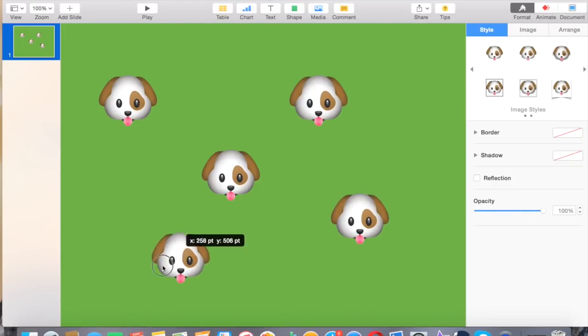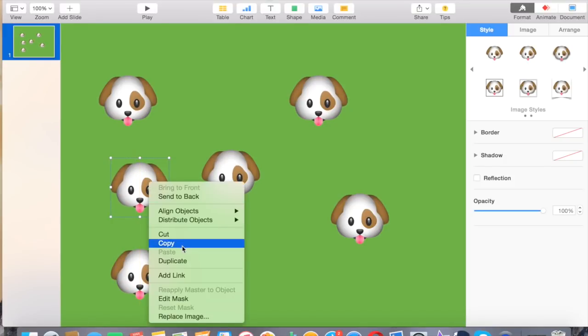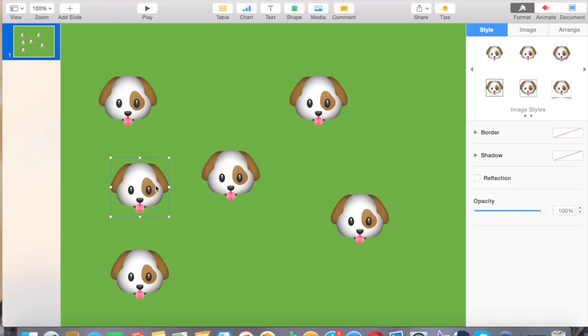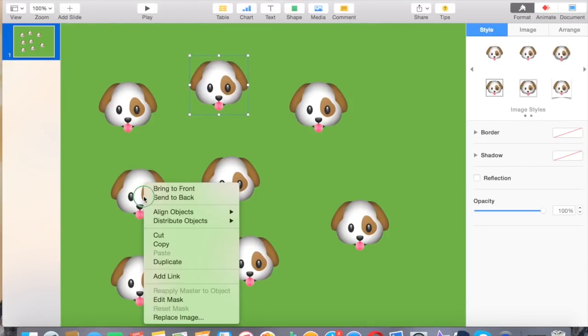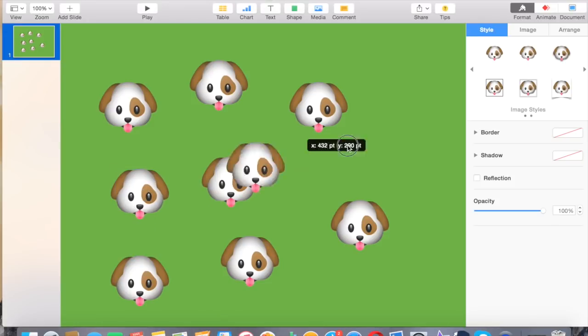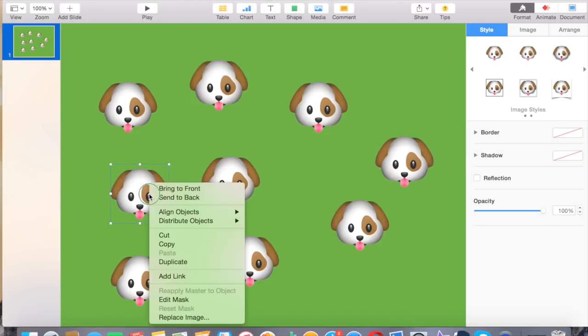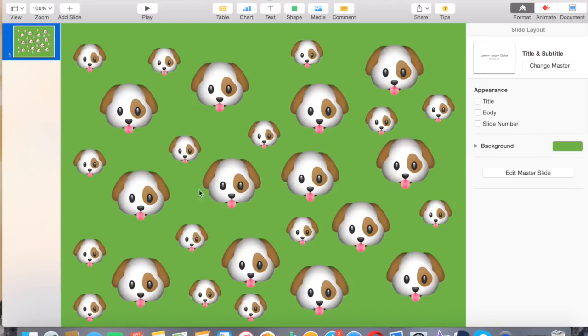And you can just keep duplicating it until it's the way you want it and there's enough emojis on the screen. You can do this also a different way, like you can also design it like I did with my subscribe button and stuff. But yeah, we're just going to keep doing this until we're finished. So as you can see, I've added a bunch of dogs on the screen,